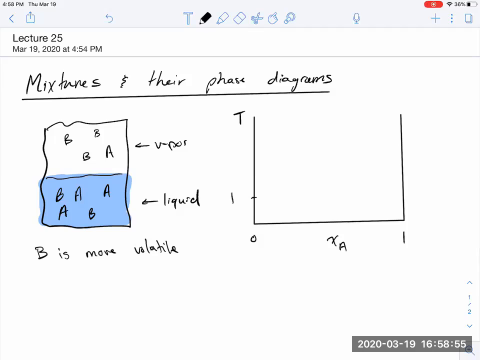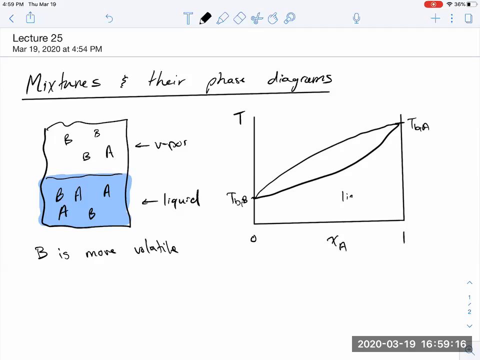So if I have pure B, its boiling point is down here. Pure A, its boiling point is up there. A typical phase diagram for a miscible mixture of A and B, we might expect to look something like this,